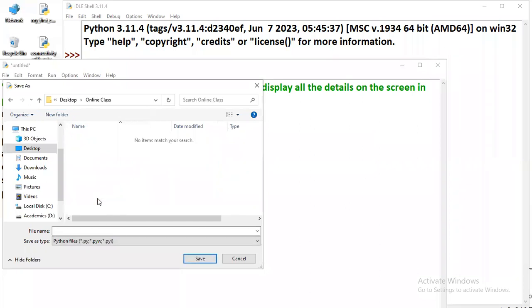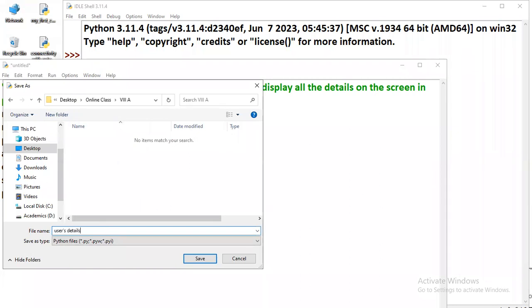Again I'm making a folder here for your class 8th A. Now in that folder I'm saving this program,